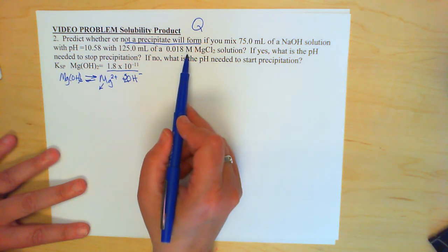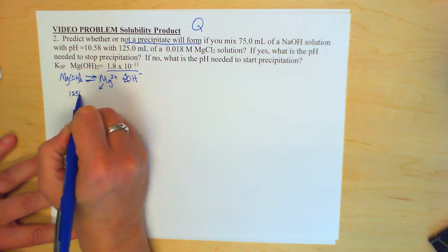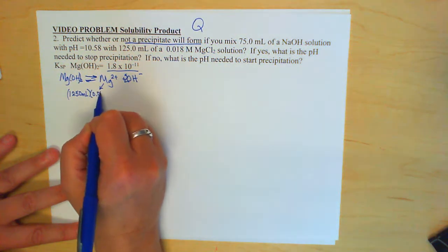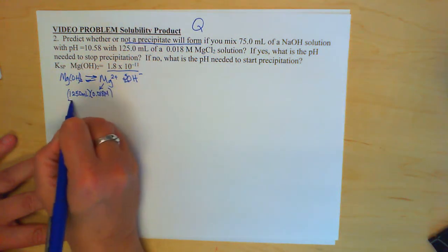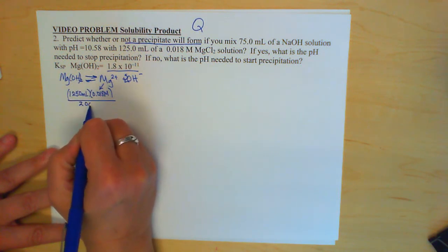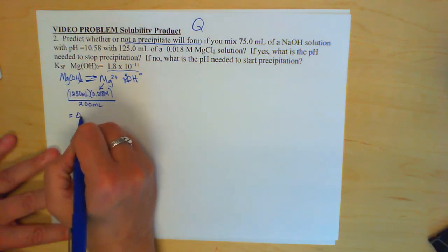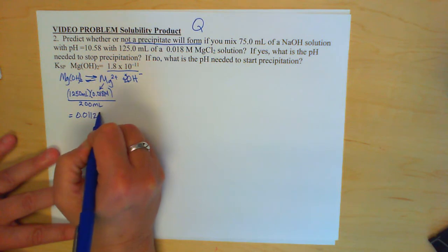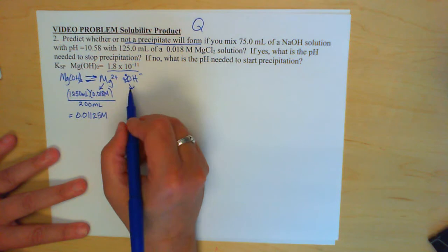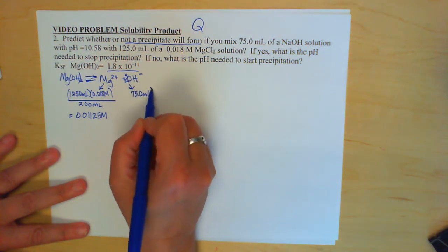this much magnesium chloride. So for our magnesium concentration, it's going to be 125.0 milliliters times 0.018 molar divided by my new volume, which will be 200 milliliters. So my magnesium concentration comes out to be 0.01125 molar. Now my hydroxide ion concentration, on the other hand, we have 75.0 milliliters times